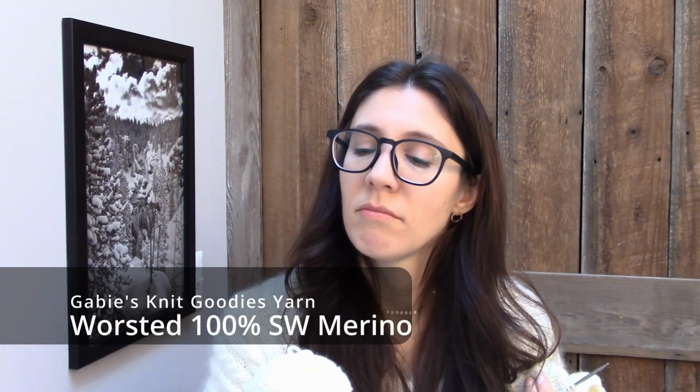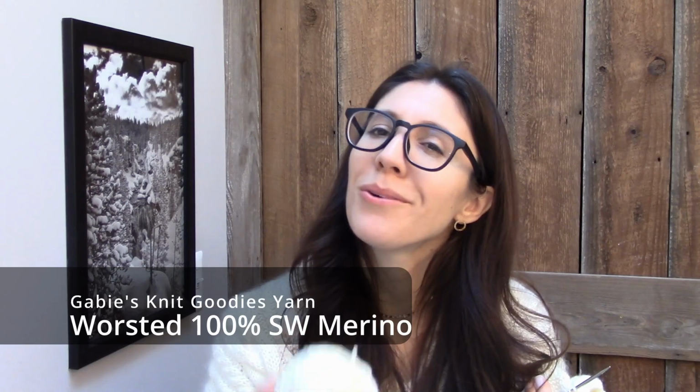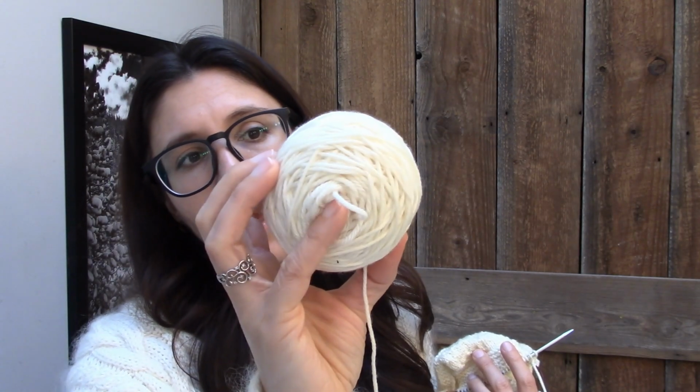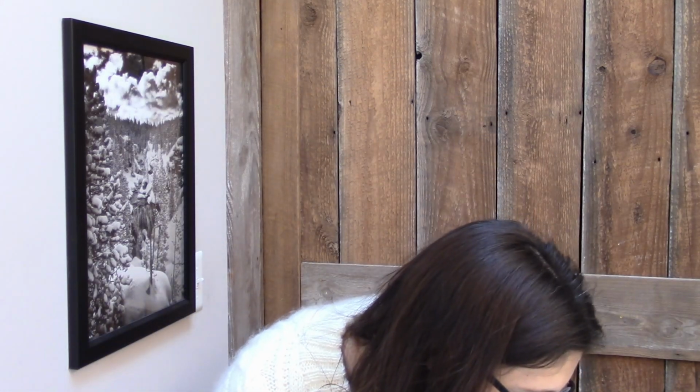I am using, I forget what this yarn is called. You know, it might not even be up in my shop. It is a worsted weight, 100% superwash merino. And this is a worsted weight instead of a DK weight. The pattern calls for